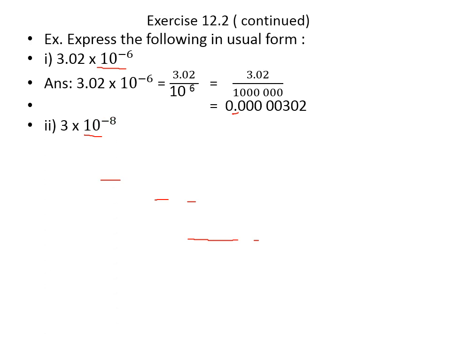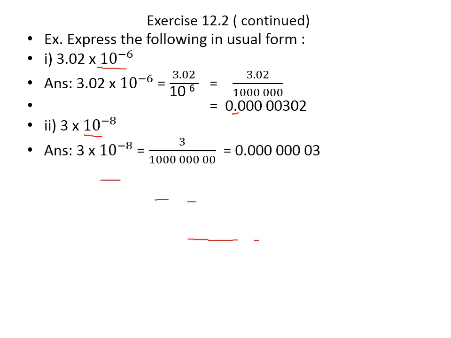This can be written the same way, 3 as it is. So 10 raised to minus 8 you can bring to the denominator. So here 1 2 8 zeros are there, so already one digit is there. You can increase by 7 zeros, 1 2 3 4 5 6 7, and this is including 1. After 8 digits we can put the decimal point.